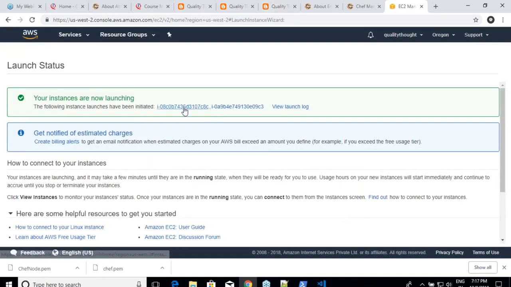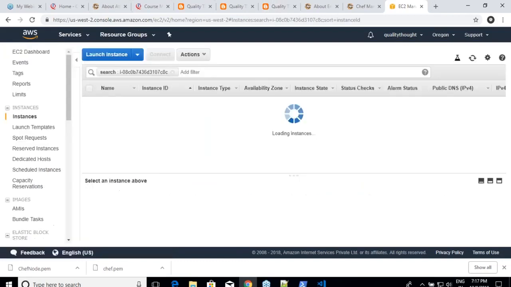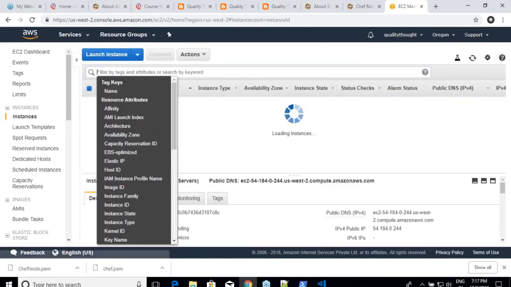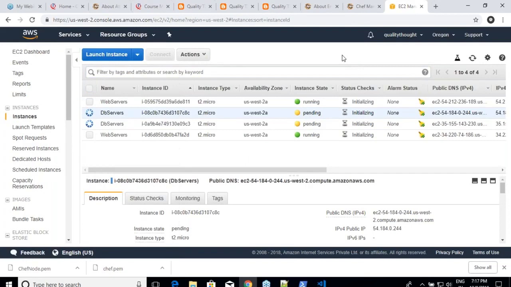Okay, now let me go to this. I have 4 nodes and I have to bootstrap them, and we know the drill. Yeah, knife node or knife bootstrap, right? Name of the node. Yeah, you might have done it, right? But unfortunately I forgot. Help me out in building that command line. Yeah, okay,